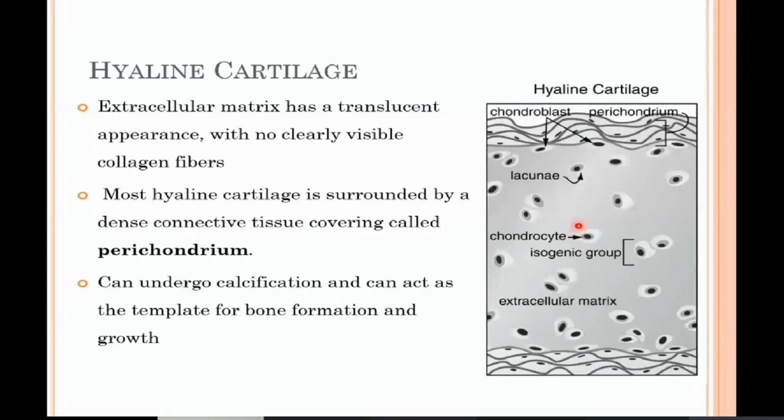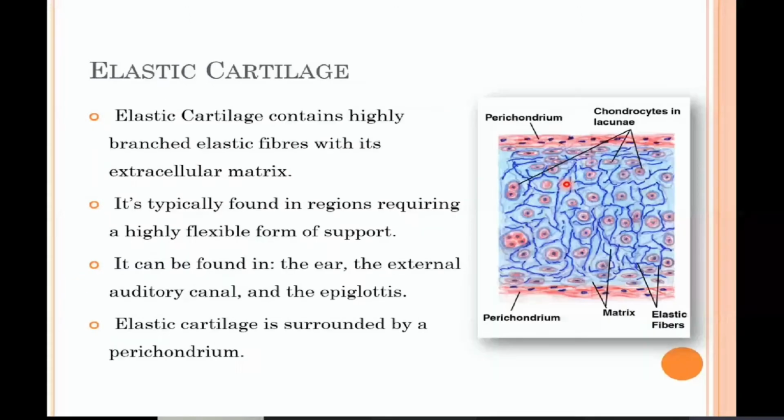The second type of cartilage is the elastic cartilage, which has an excessive amount of elastin fibers to provide extra flexibility and softness to this type of cartilage. And you see they are clearly visible as thick strands of protein fibers. The cells are again entrapped within the lacuna, and they are mostly present singly. Sometimes they can be present in isogenous groups.